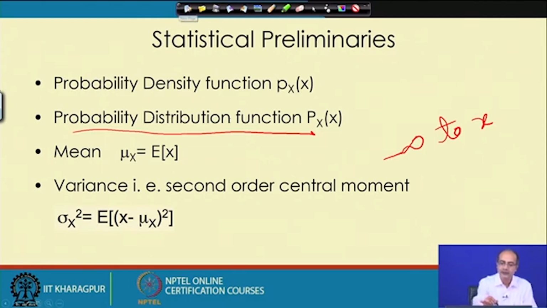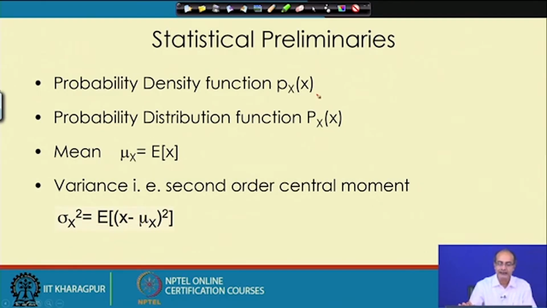Okay. So, these are the basic definitions, and given the probability mass function or probability density function, we can calculate